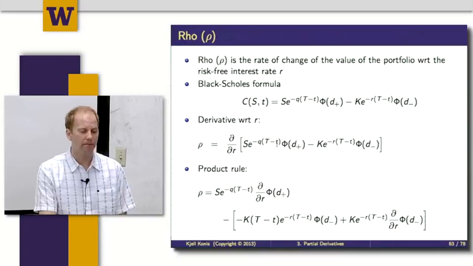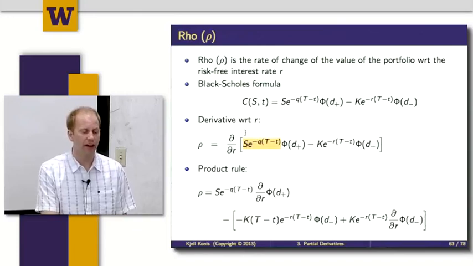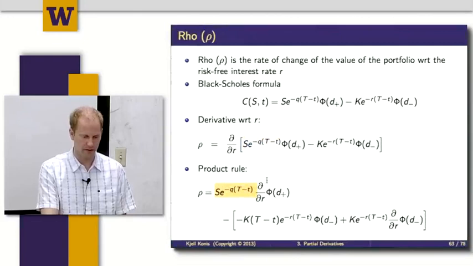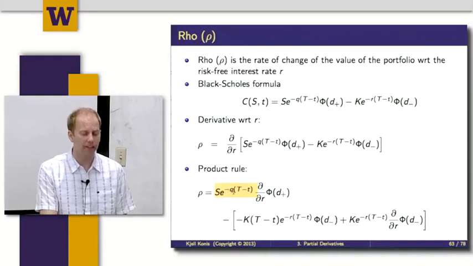So what's going to happen here, the first term will be relatively easy. So I'm going to use, again, the linearity property. So the derivative of a sum is the sum of the derivatives. This S e to the minus q(T minus t) doesn't depend on r, so I can move that across the derivative operator. So the derivative of the first term is going to be S e to the minus q(T minus t) times the partial derivative with respect to r of capital phi of d plus. And then I need to subtract